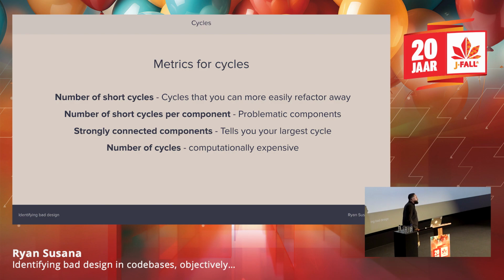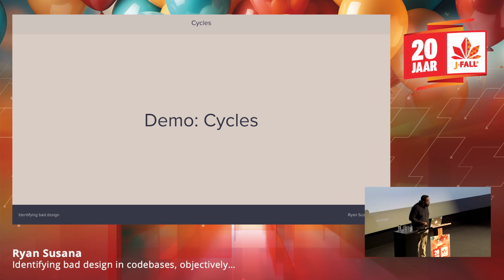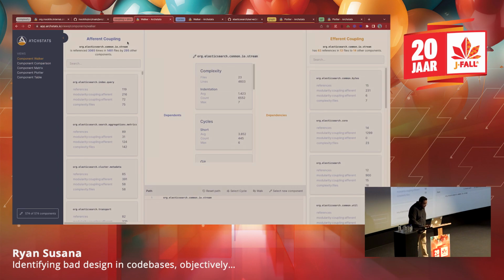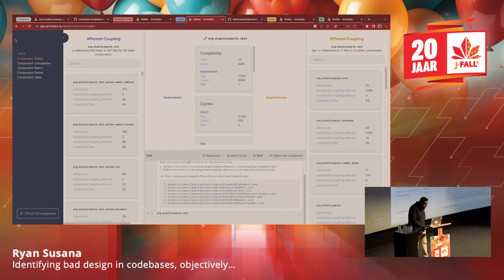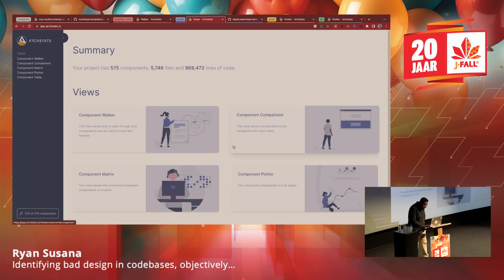So you probably don't want to see all your cycles. It's overwhelming information. Now, we're going to do a quick demo of cycles here. In the code base, and it's just because I love to pick on Elasticsearch, it's going to be Elasticsearch. Now, I'm going to navigate from the home, just so you know how to get there,